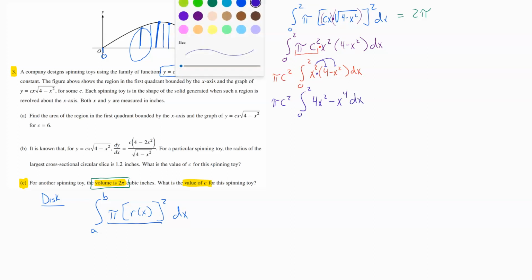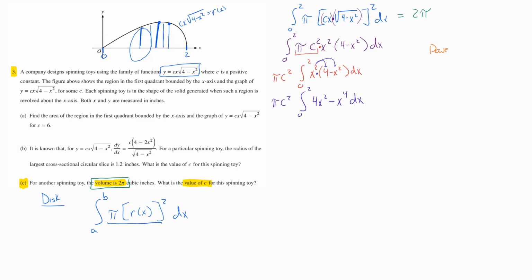Now we're ready to apply our power rule for antiderivatives. My saying goes: add 1 to the power and then divide by the new power. So we come through here. We have this pi times c squared that will end up multiplying by our final answer. So add 1 to the power, that gets us 4x to the 3rd, divide by the new power, minus, add 1 to the power, that gets us x to the 5th,